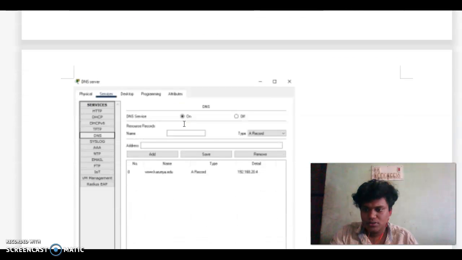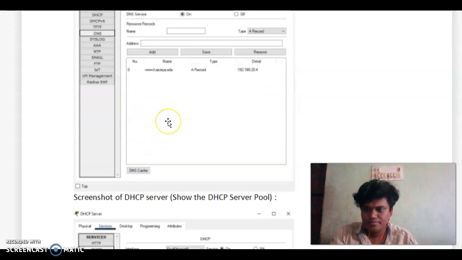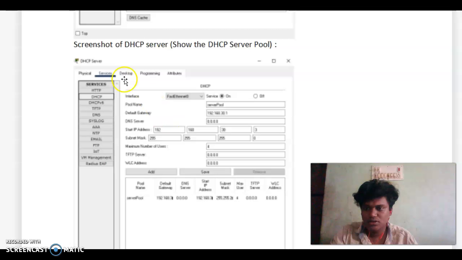And the next screenshot is where we have to give the services. We have to turn the DNS service on, it should be on, and then we have to click DNS. And next, the screenshot of the DHCP